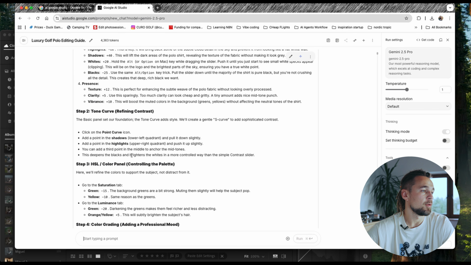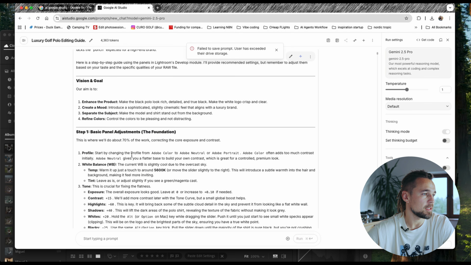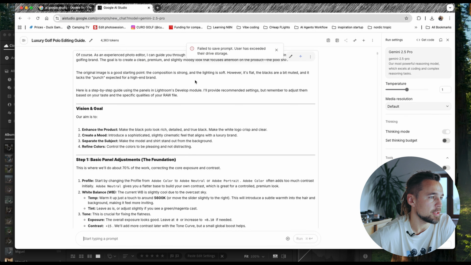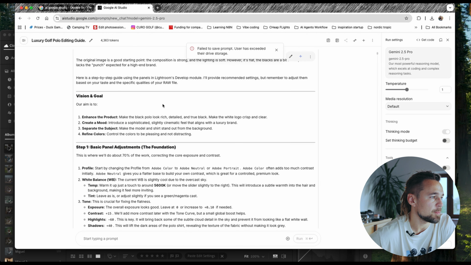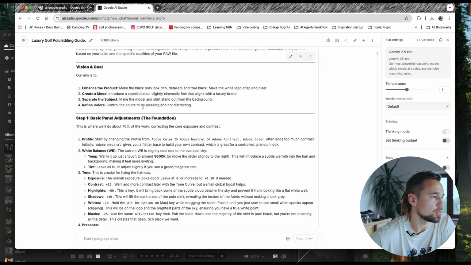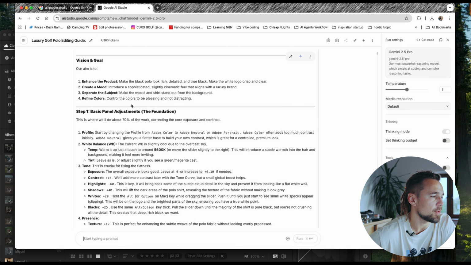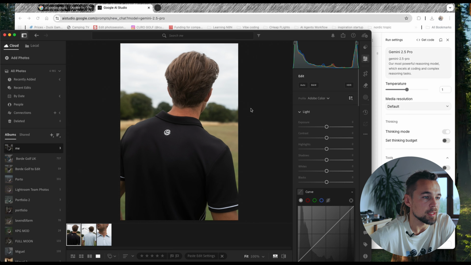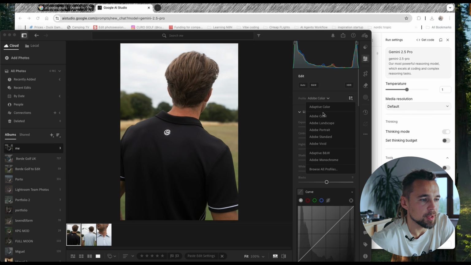All right, we have the feedback and let's start exploring what we have here. The original image is a good starting point. Here is a step-by-step guide. Vision and goal: enhance the product, create mood, separate the subject, refine colors. Basic panel profile. Start by changing the profile from Adobe Color to Adobe Neutral or Adobe Portrait. Adobe Color often adds too much contrast initially. This can be done from here. Adobe Portrait